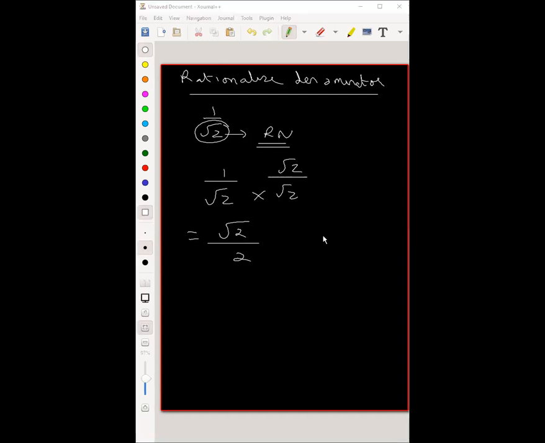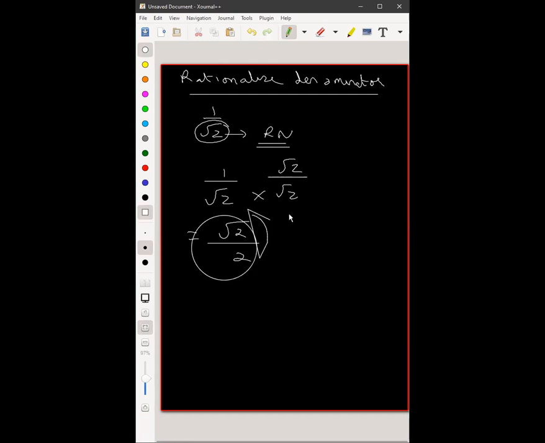Okay. So let's try another one. So now we know that we can do this somewhere. Now this is somewhere between half, so it will be somewhere between 0 and root 2, right? You know I can write root 2 on the number line. And this is half of root 2, so this will be somewhere here. This is 1 by root 2.